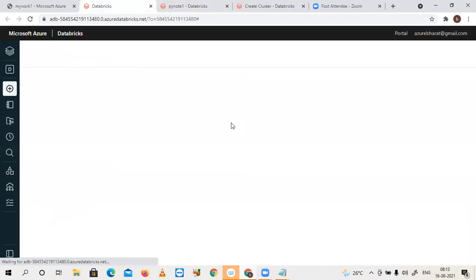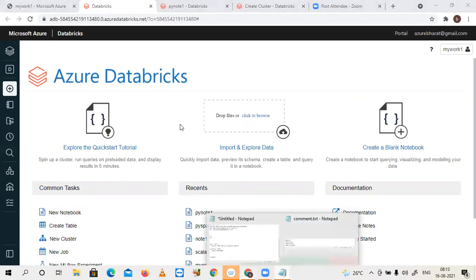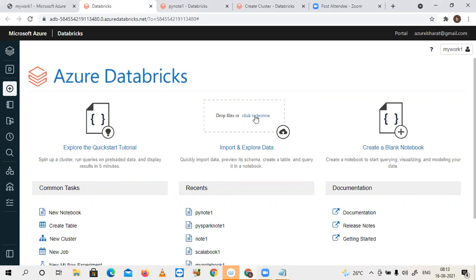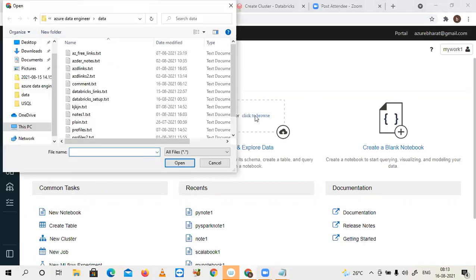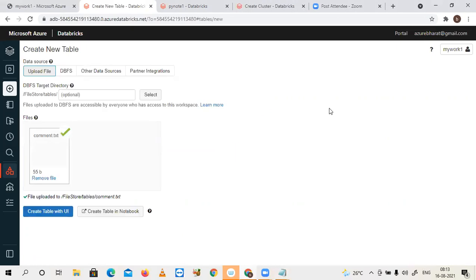Okay, I'm going to copy the previously created file, which is comment.txt. Let's copy this file. The file is copied.